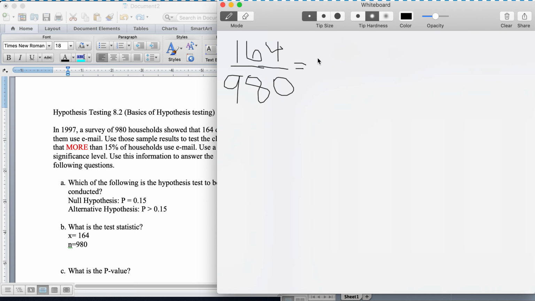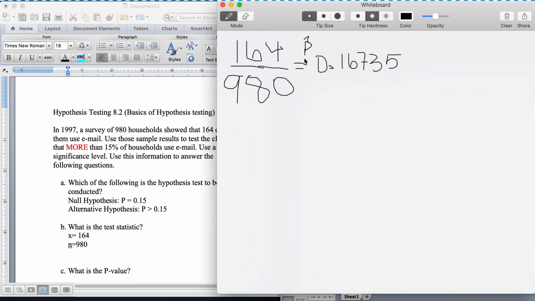And I got 0.16735. Okay. So now that we have our P hat,